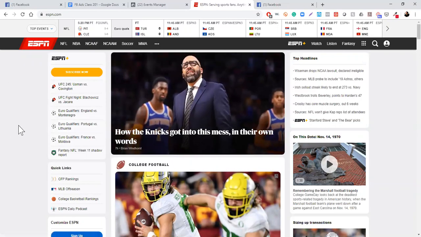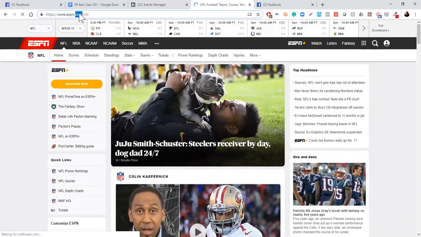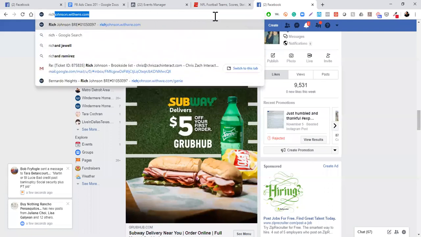And the reason why is because ESPN wants to know everyone that comes and goes to ESPN.com and clicks on the NFL page, and I want to show them a Facebook ad talking about football. So how this becomes relevant for you as a real estate agent is I could go to your real estate